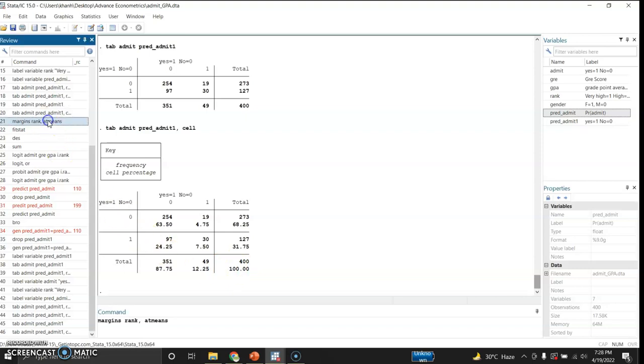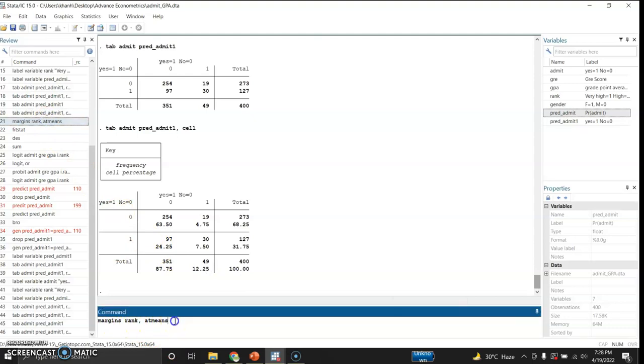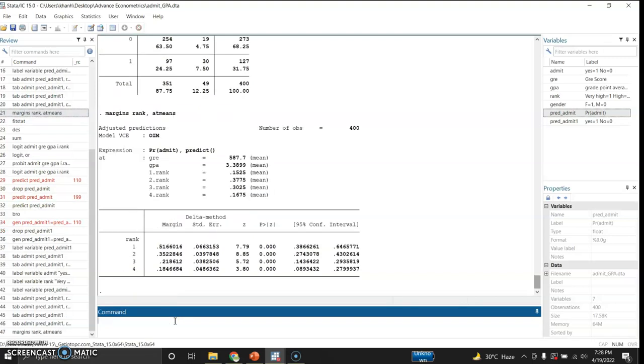After that, if I give this command margins, rank, at means, now this will give us the marginal effects of the ranks at their mean values. So the mean value of the GRE is 587.7, GPA 3.38. For rank number 1, this is 0.15. For rank 2, 0.377.